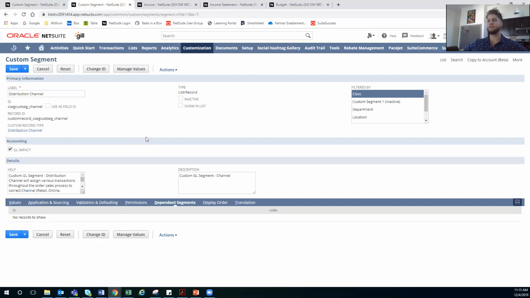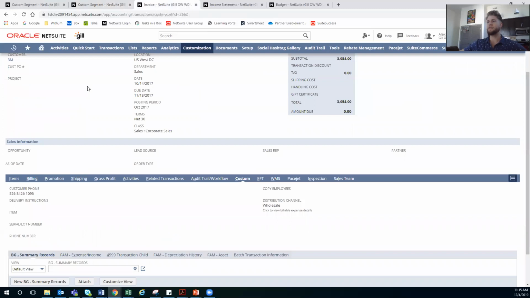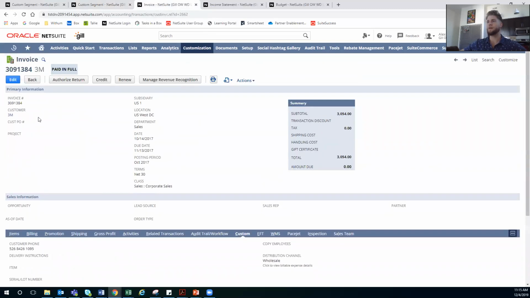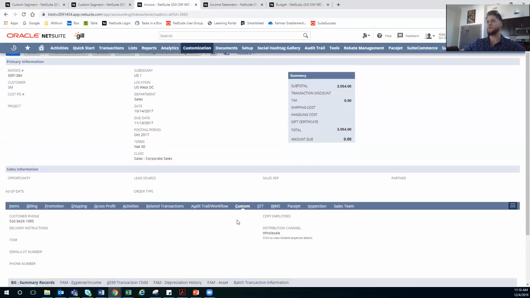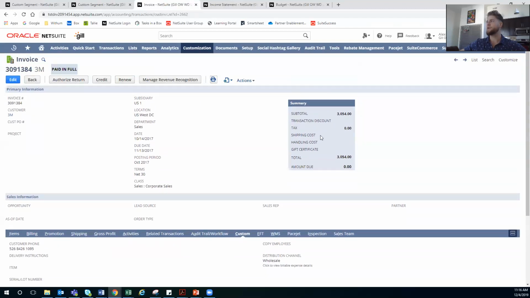So we're going to go ahead and save this and take a look at what it looks like on a sales transaction. So I actually already have one created. This is an invoice created for customer 3M. And one thing to notice is after you save the custom segment, it's not automatically going to show up on the sales transaction form on the main level, I should say. It will show up under the custom subtab. So you can see here, custom distribution channel. If you want to move it up here, say next to class, location, department, you would have to just customize